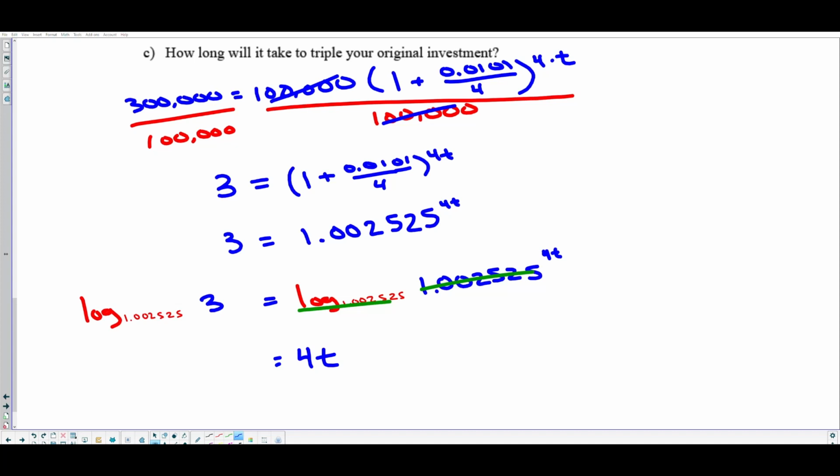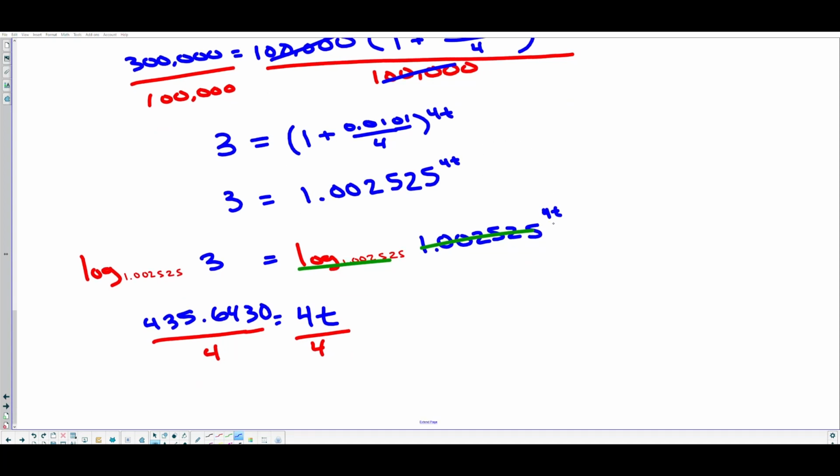Okay, and that's going to give me, so you should have this number, 435.6430. Okay, I'm going to leave that on my calculator, and then because we're not quite done, to solve for t, I have to take that and divide it by 4. So I'm leaving that number on my calculator, and I'm just going to hit divide by 4. That should take me home to t equals